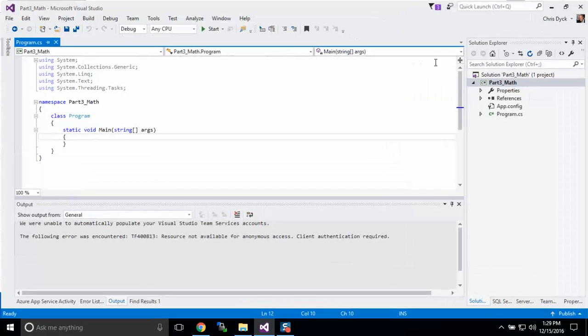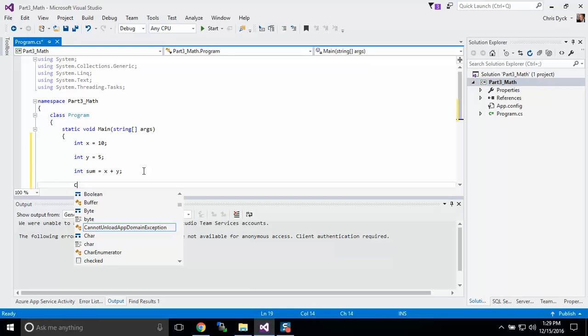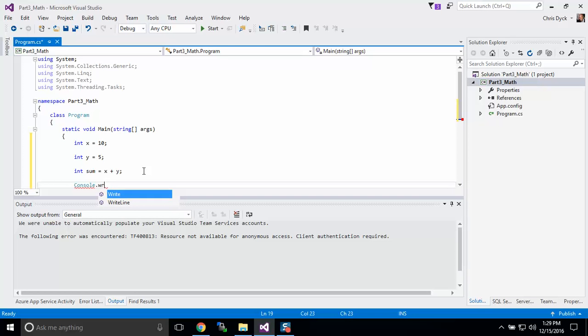So in our project, we've talked about a few different variables. If we look at an int, that is a whole number. In other words, it doesn't have a decimal point. Let's say we assign the number 10 to x, and then we do int y equals 5. If we want to add those two together, we can do this: x plus y. And of course we can use our now famous Console.WriteLine,